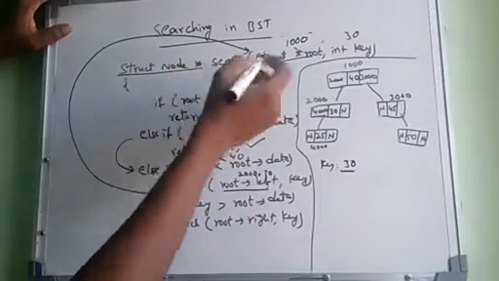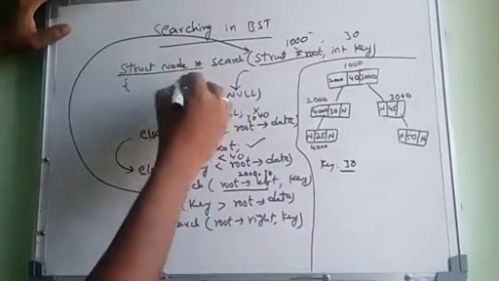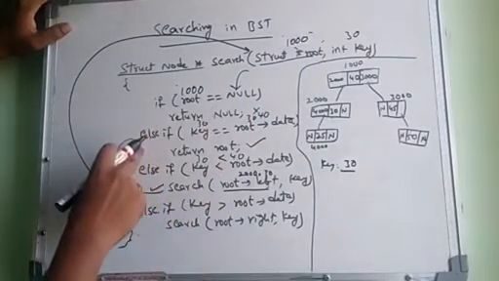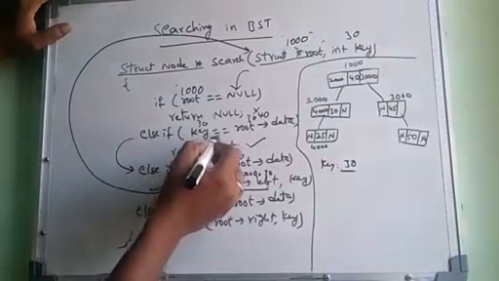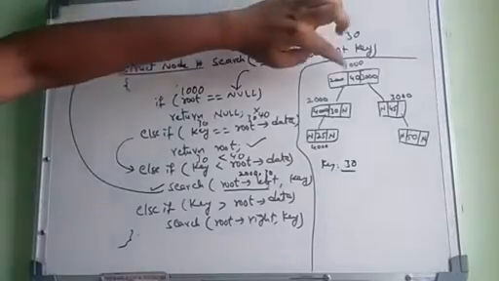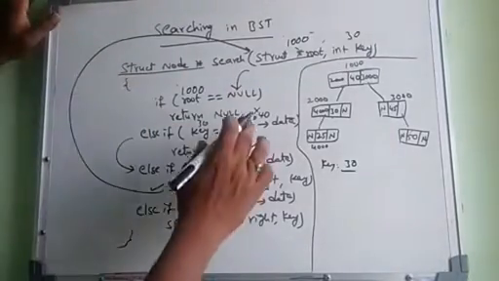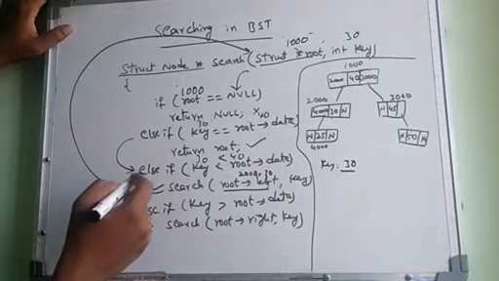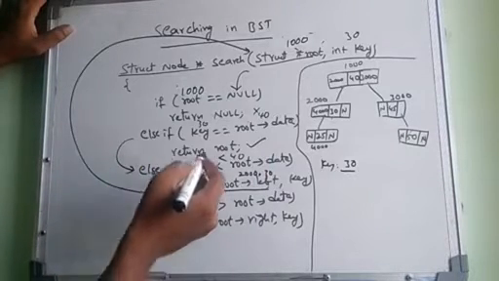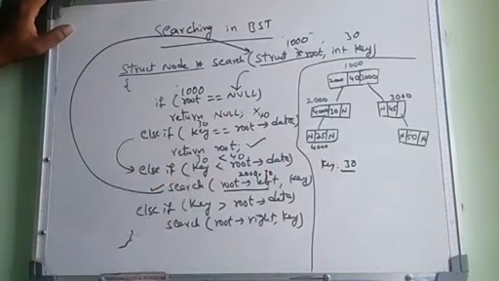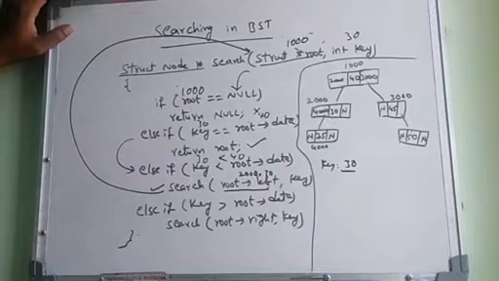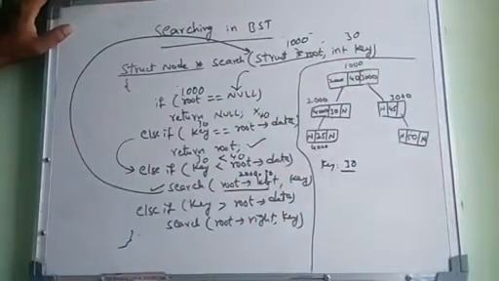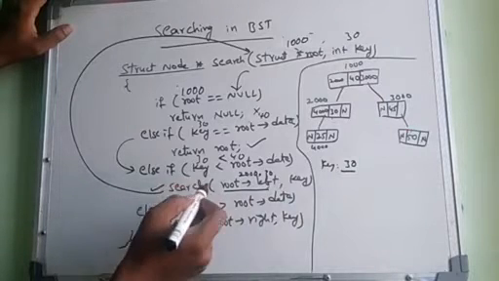Next, compare: the present root value is 1000. Is 1000 equal to null? The condition is false, so it goes to the else part. Here again check whether 30 equals root data. The root data now is 40. 30 equal to 40 is false, so it goes to another if condition. Either the key is greater than the root or less than the root. If it is greater, go to the right side. If it is less, move to the left.